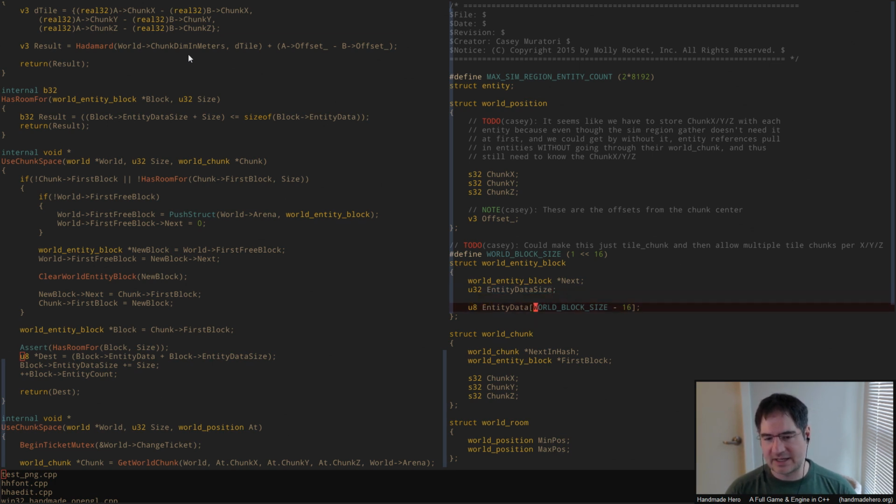So this entity data here with this world block size minus 16, instead of 16, we're going to trim off 4 bytes from that, right? And we're going to say, okay, it's just an up to 8 byte pointer, and then a 4 byte size. And that's all that's going to be in here. So once we trim that off, we can get down to just 12 there. Now, when we look at entity data